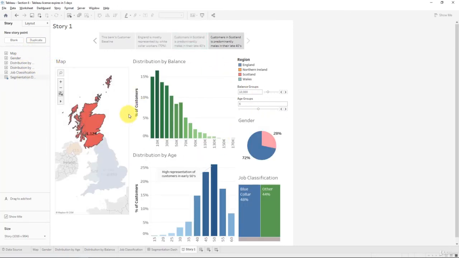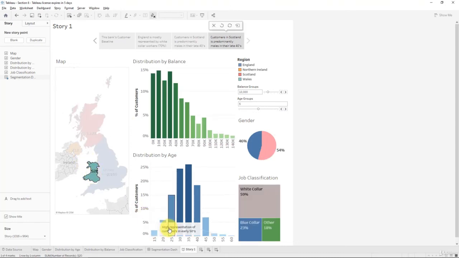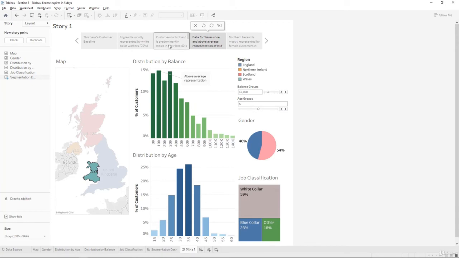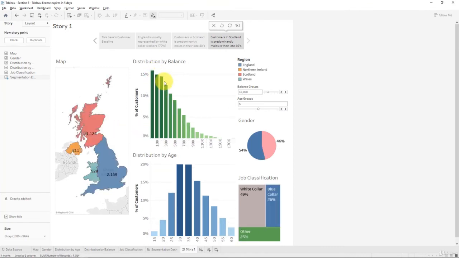So now we're moving on to Wales. And in Wales, we obviously don't need this anymore, so we can delete it. And as you can see, it stayed here, but it's deleted here now. In Wales, our main insight was the balances. So here you can see something different to the overall baseline, and we will see it even better if we